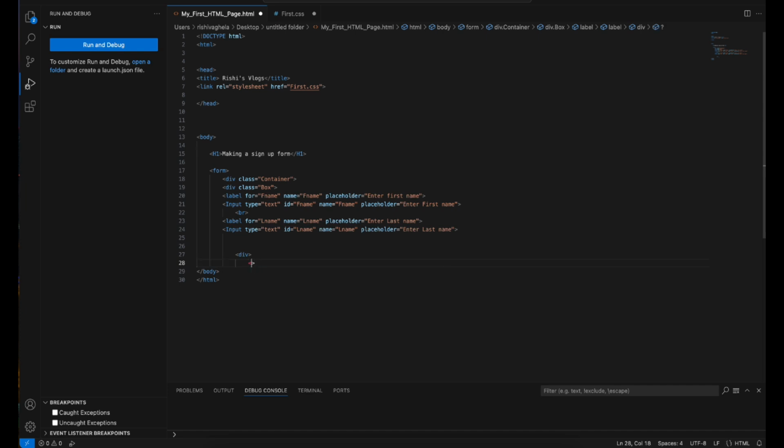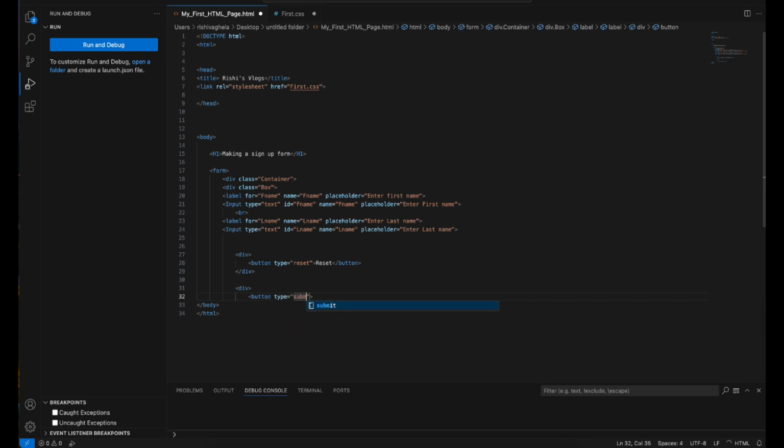Now we're going to create a div tag, because we're making the buttons. We're going to have a reset button and then a submit button. Whenever you press reset, it will erase everything in the input boxes, and with the submit button, everything will go through. So we will do button type equals, in the quotation marks, reset, and then reset again, and then we close the button, and we're going to close the div, open up another one,